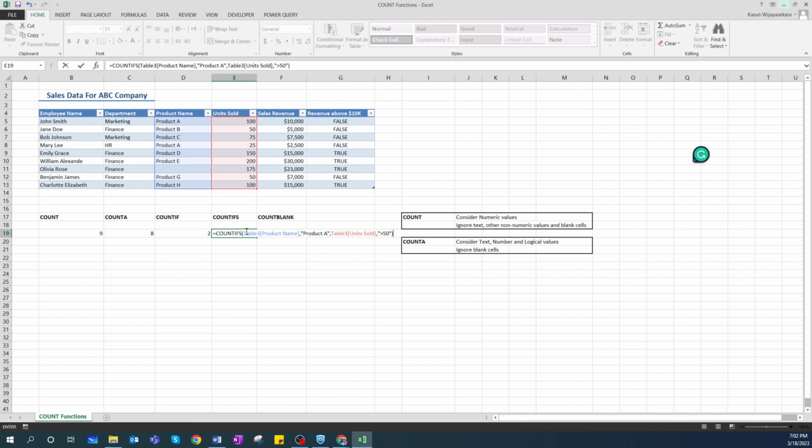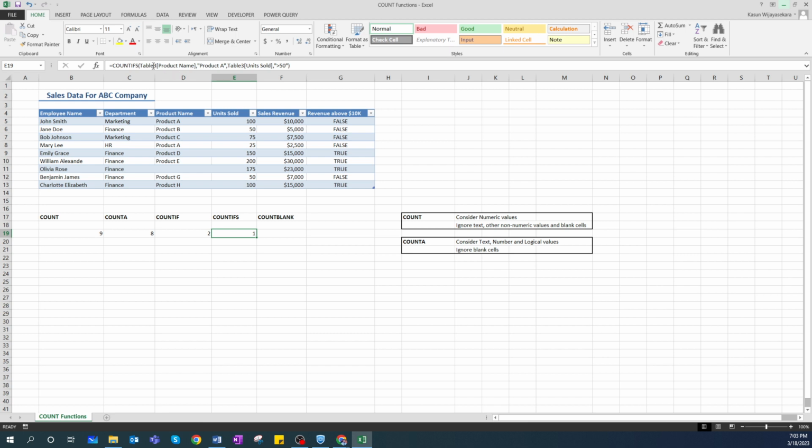So this function is going to look at product name and check how many values are there that are equal to product A and also greater than 50, right? So if these two conditions are met, it will count it and return the number, right? So enter, it says 1